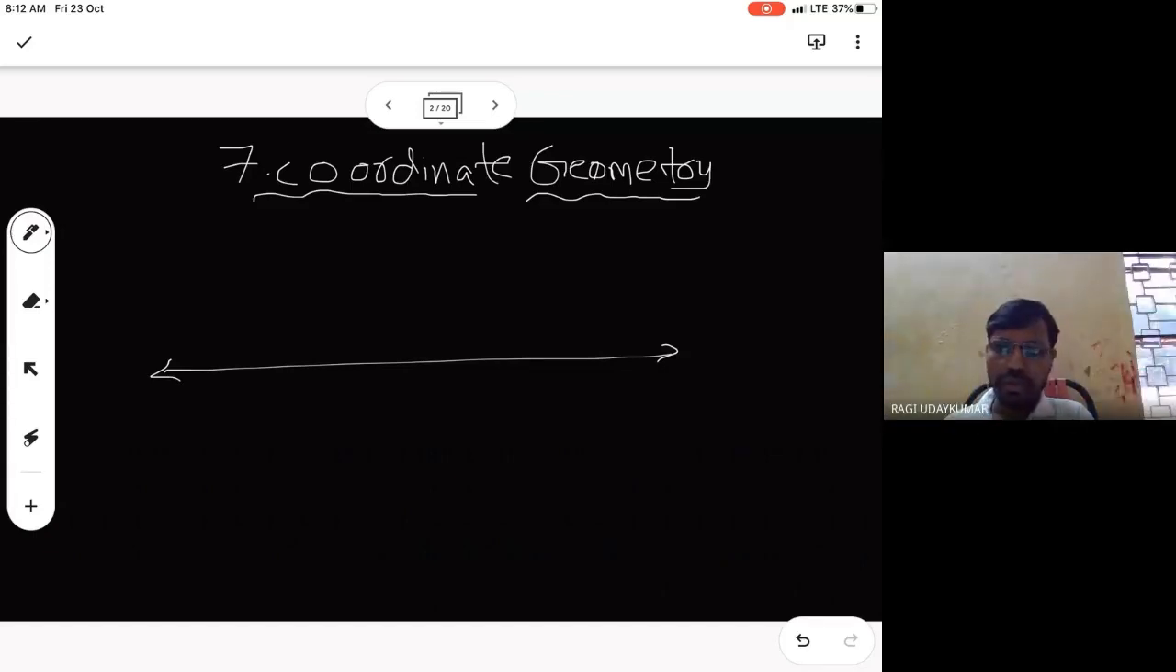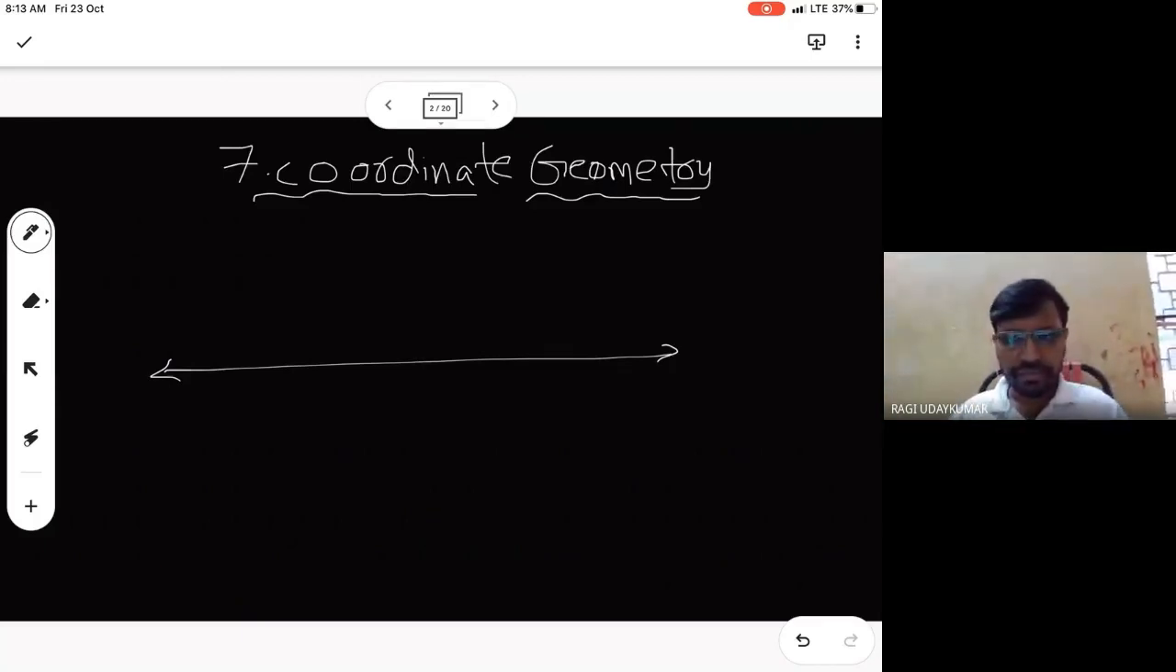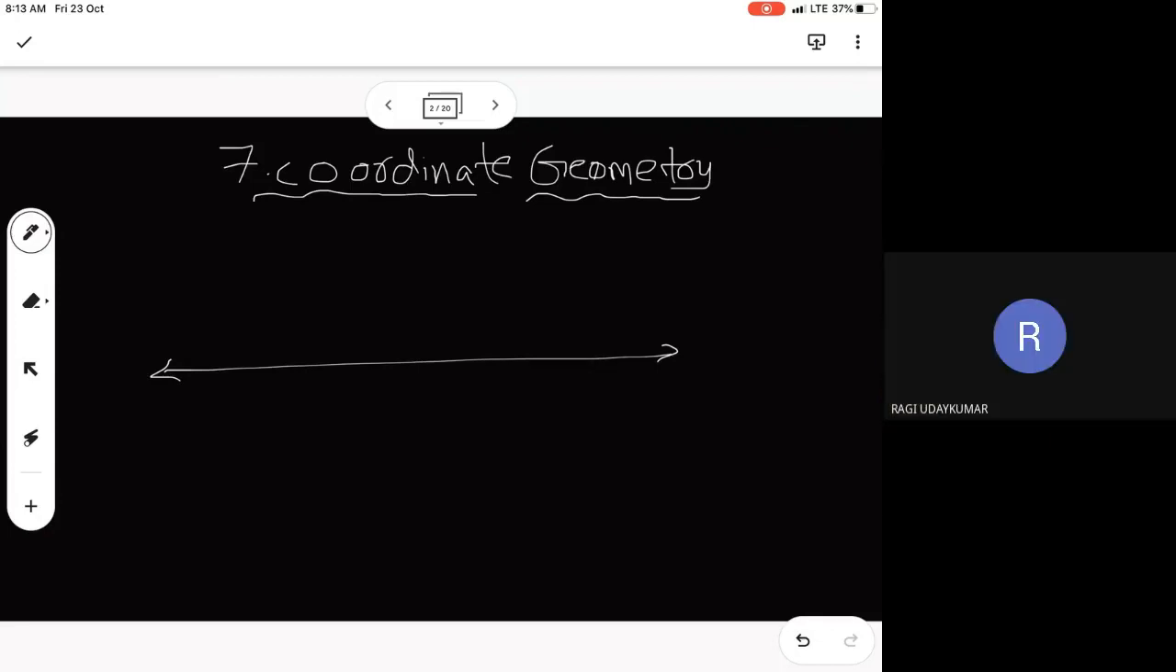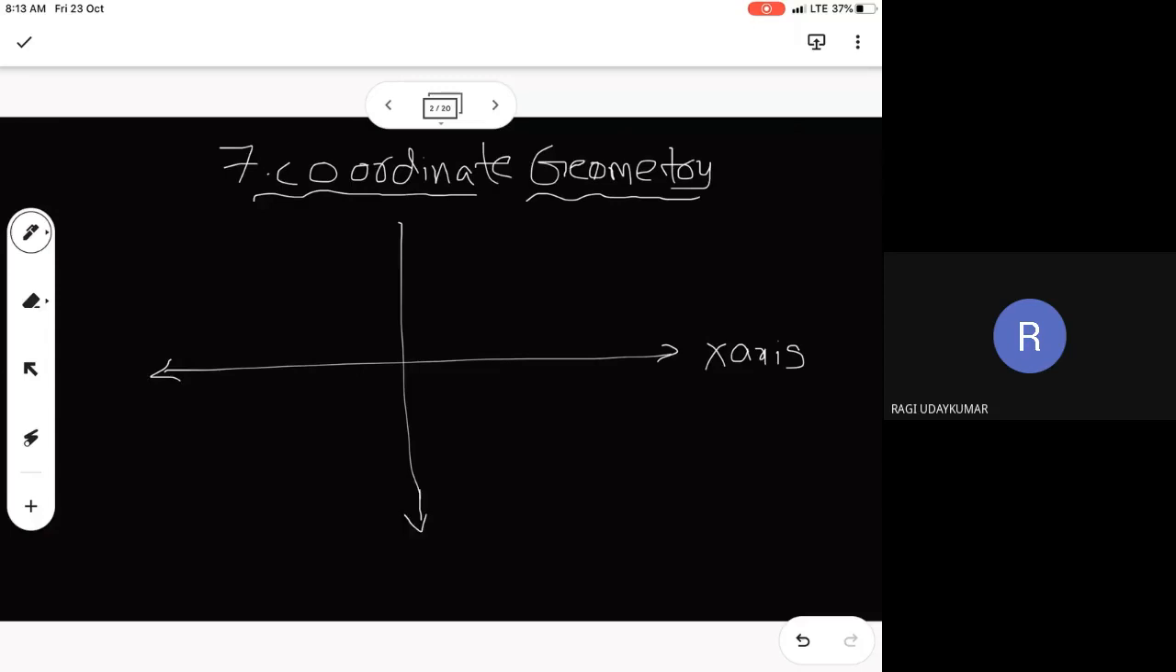Is it audible to you? This horizontal line is called, what do we call here? X-axis. Basic things of the coordinate geometry. The vertical line is called as y-axis. This is called y-axis, and the both will intersect at one point, and that point is called as,